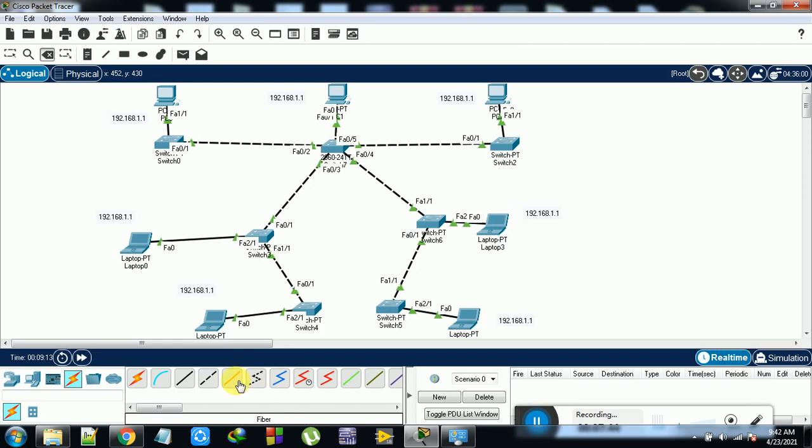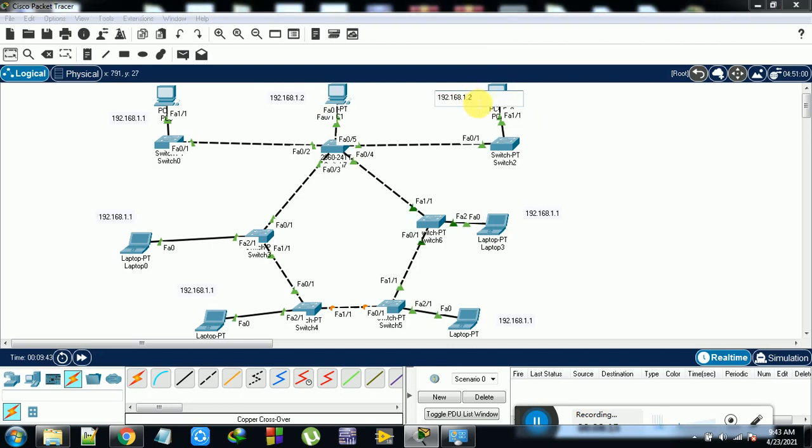Okay. So just I want to make sure 0, 1, 2. Once this is done, I want to give the names for each one. So this is 2. This is 3, because they are in the same LAN.